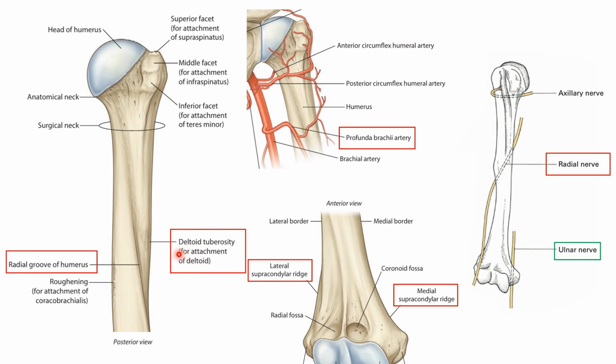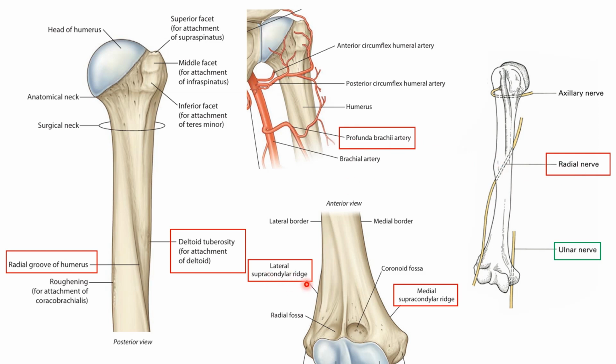Okay, you can see this is the deltoid tuberosity, which gives insertion for the deltoid muscle and is located on the anterior lateral surface of the midshaft. And this is the radial groove, a shallow groove in the posterior surface that runs obliquely. And this groove contains two structures, profunda brachii artery and the radial nerve. So, a midshaft fracture of the humerus leads to damage to the radial nerve and the profunda brachii artery.